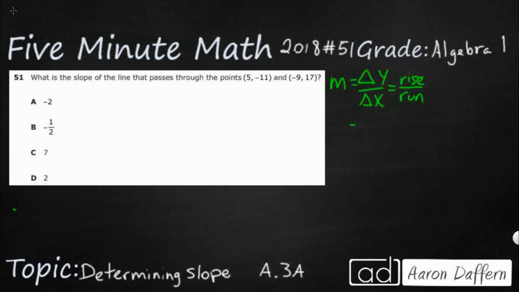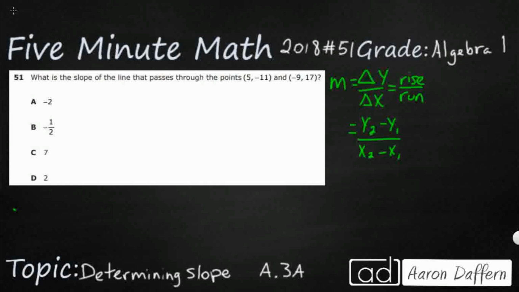So really what we're talking about here is we need to take two different y coordinates and subtract them. As long as they're on the same line, that's going to work. And then those corresponding x coordinates, subtract those, making sure the y is on top and the x is in the denominator, and there we go. Now here's the interesting thing. It really doesn't matter which is going to be your x1 and which is going to be your x2 or